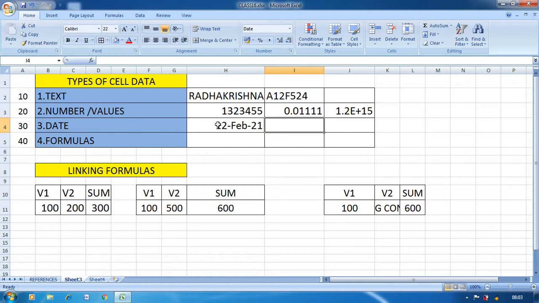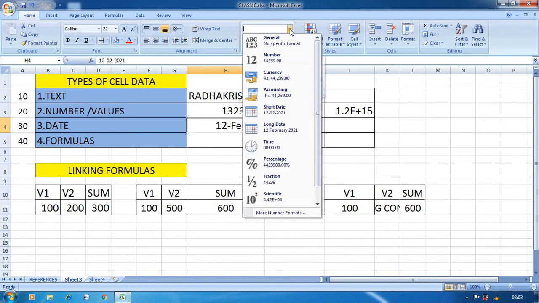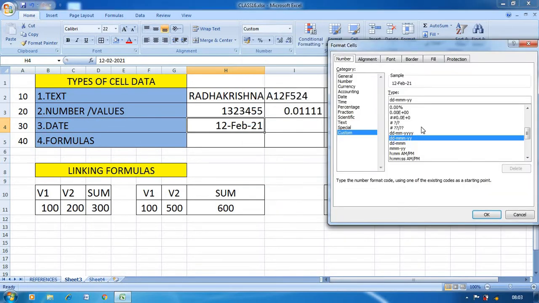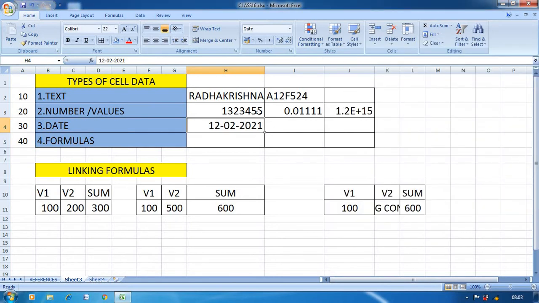So if I want to change the format, at that time select this one and click on the Home tab, here the numbers option, then here custom, then here more number formats are there. Just go here and select any type. If I want DDMM in this way, at that time go for this option. Okay, see here you can easily change it.